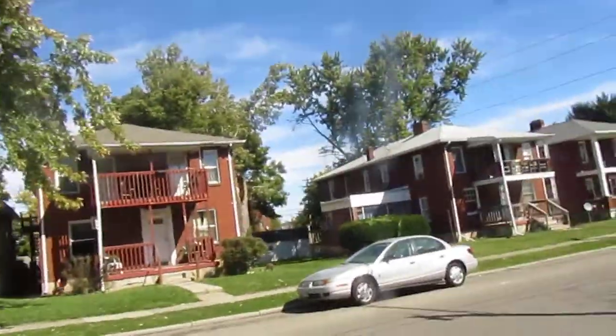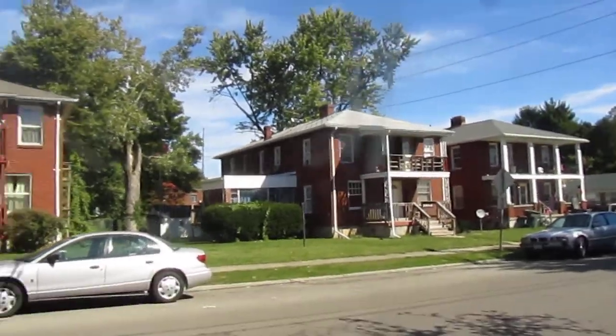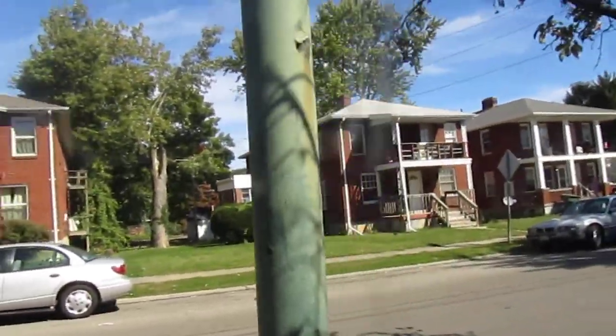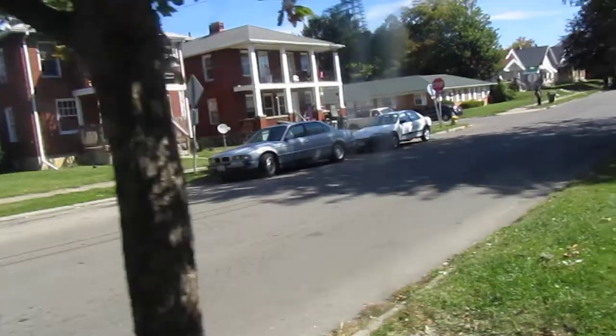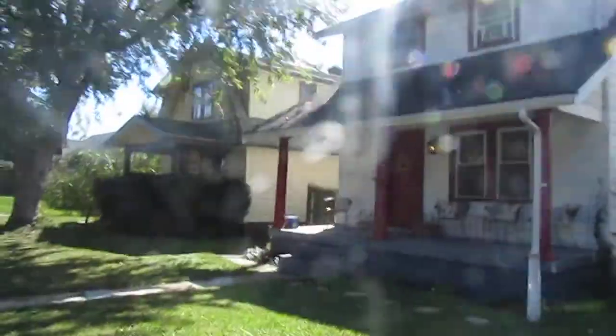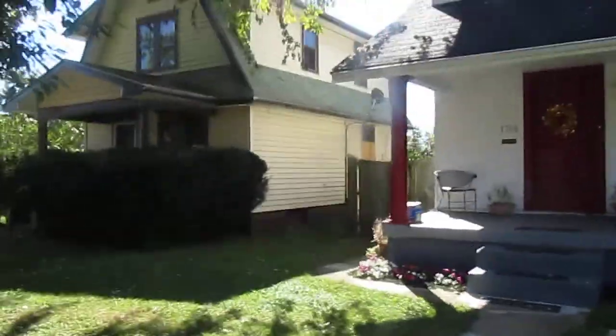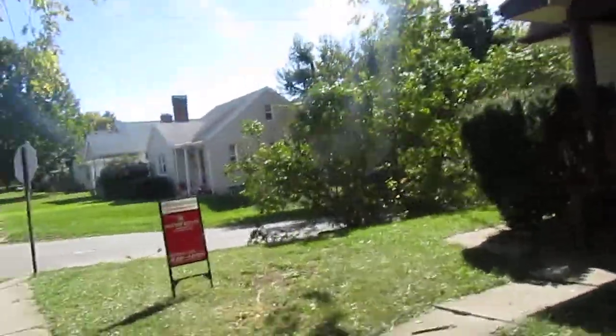This right here is a nice little rental. It seems, 1760 and 1722 Huffman Avenue, looks in good shape. Here's a couple apartment buildings right here that are for rent. Looks like these are possibly up to 3 units. Somebody trying to sell this one at 1764. I'm going to turn off of Huffman and go down